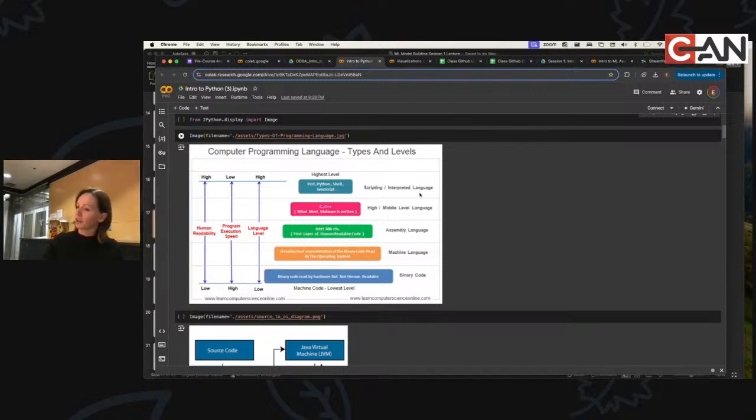Languages that are closer to bytecode are harder for us as humans to understand and program, and more unfriendly to work with. Something like assembly language, for example, is something engineers have to learn to work with when they are in college. C or C++ might be a middle-level language where you actually have to decide, this is where I'm going to store the memory of this object. You have to do memory management.